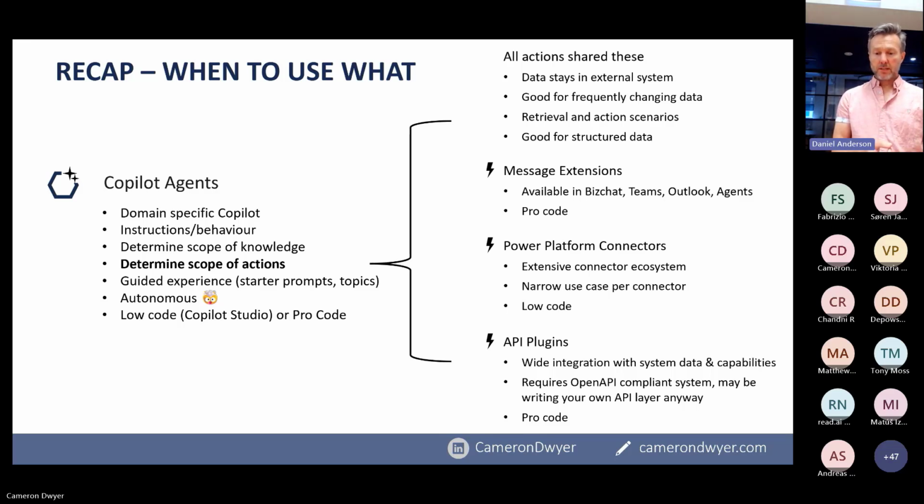Then we saw the Power Platform connectors, which were inside of the low-code solution, inside of Copilot Studio, where we used the get rows one to get at our SQL data. We used the Trello one to create a card. What you'll notice there is there's a huge ecosystem, because this isn't new for Copilot. The ecosystem already existed, but every one of those connectors is very specific in its capability. So what you end up finding is that you end up combining heaps of those together. And then when we went to the API plugins, it's almost the converse. It's a pro-code solution, but we enabled absolutely everything that was available to us in an API.